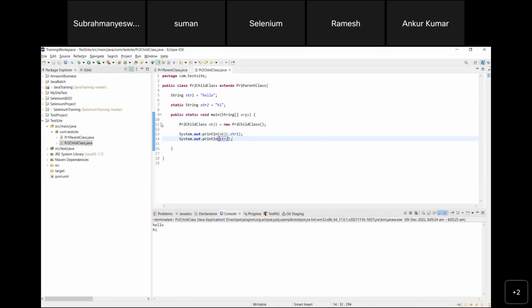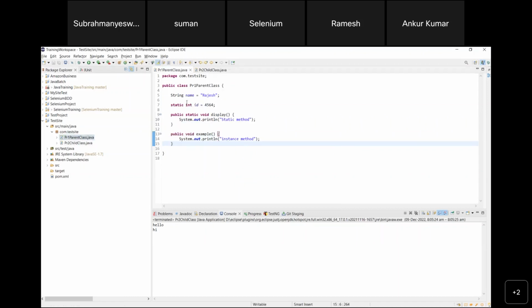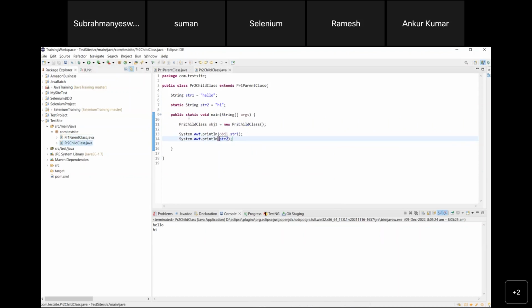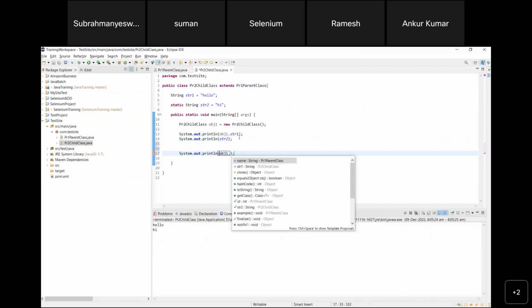But now what I want to do is access the static variables and instance variables, and also the static methods and instance methods of the parent class. This is a parent class. So how can I access them? Since this is a child class, I don't need to create an object for this parent class now. I can directly access the instance variables of the parent class using this child class object. So if I say system.out.println, object 1 is the child class object, and dot, you will see